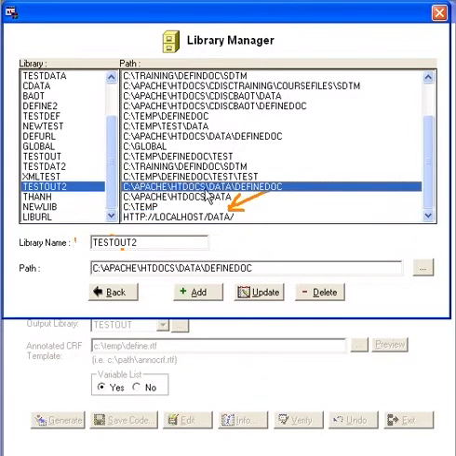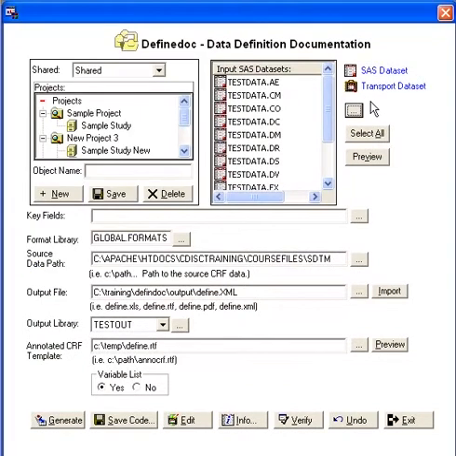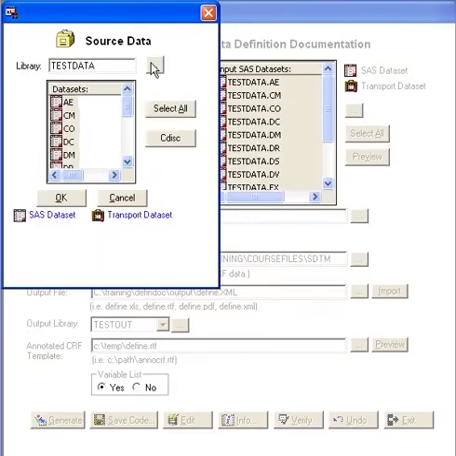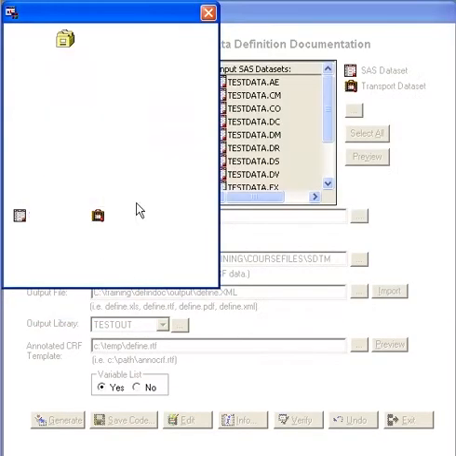So libraries could be either a UNC path, such as /server name/path, or it can be a physical path on your local machine, or a URL. Now a library can be created in different ways. You can either select the library for your input dataset with this button here through this dialog box,